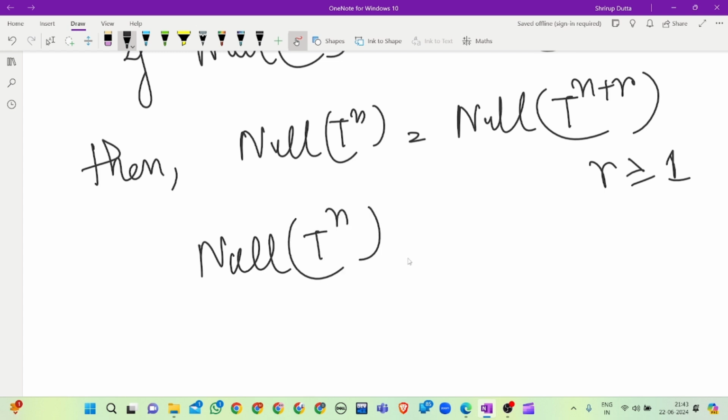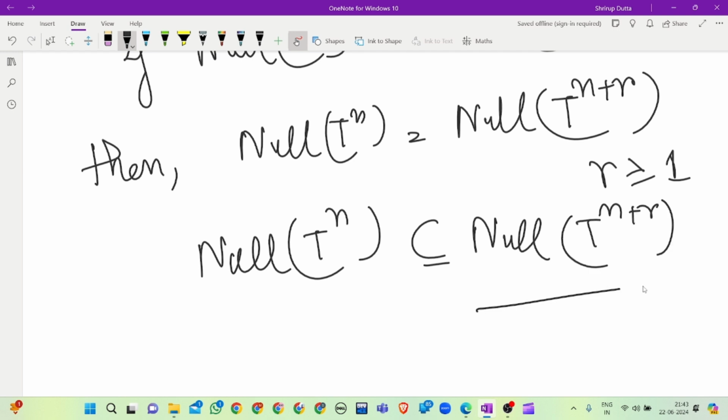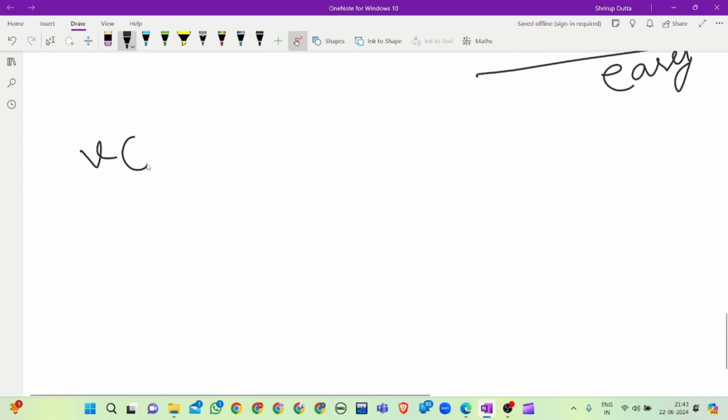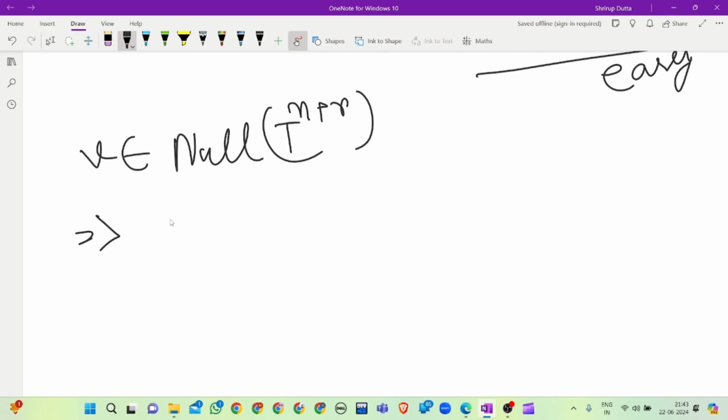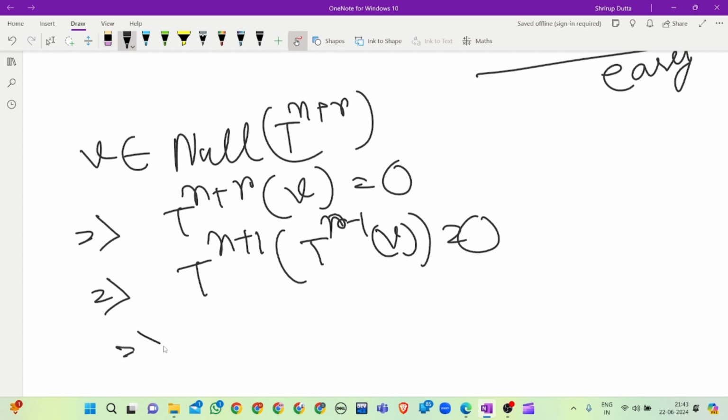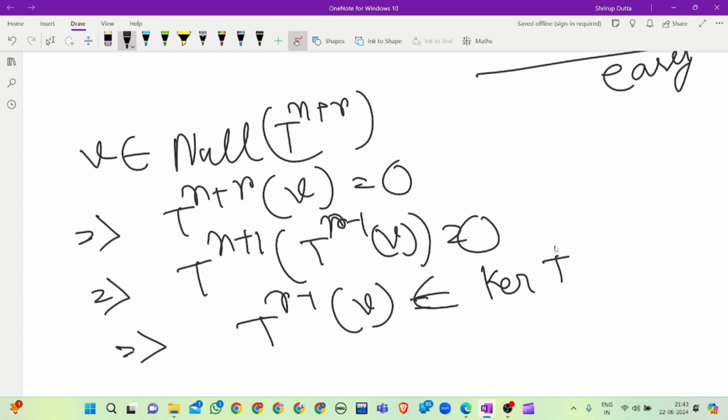Null space of T to the power n is a subspace of null space of T to the power n plus 1. So let's prove its converse. Let v belong to null space of T to the power n plus r. This implies T to the power n plus r of v equals 0. This implies T to the power n plus 1, T to the power r minus 1 of v will be 0. This implies T to the power r minus 1 of v belongs to the null space of T to the power n plus 1,